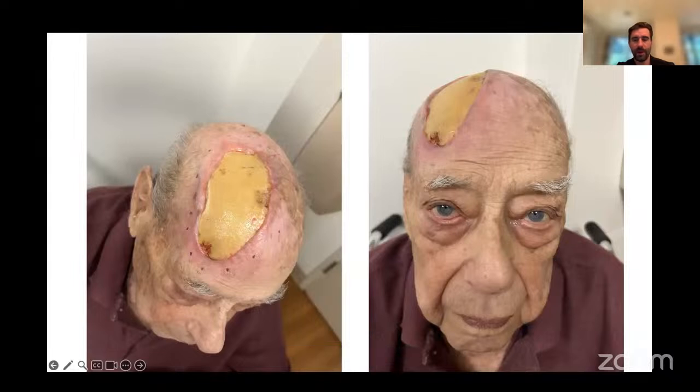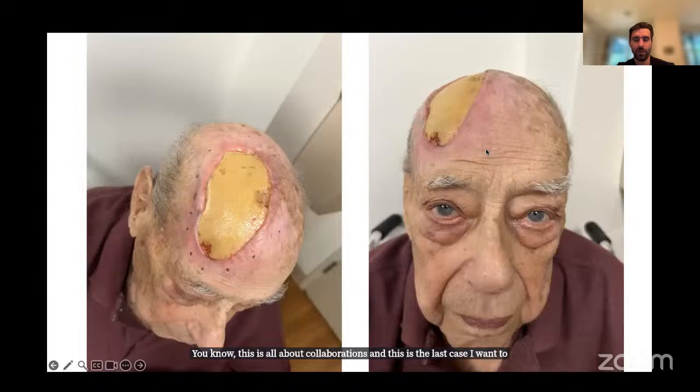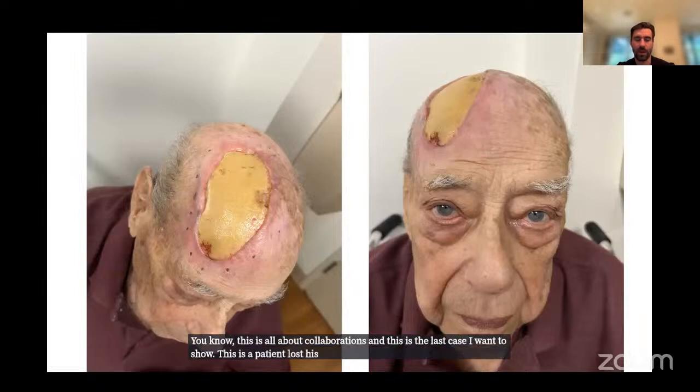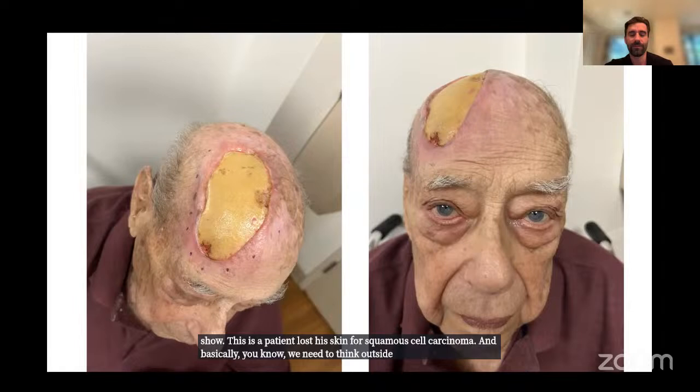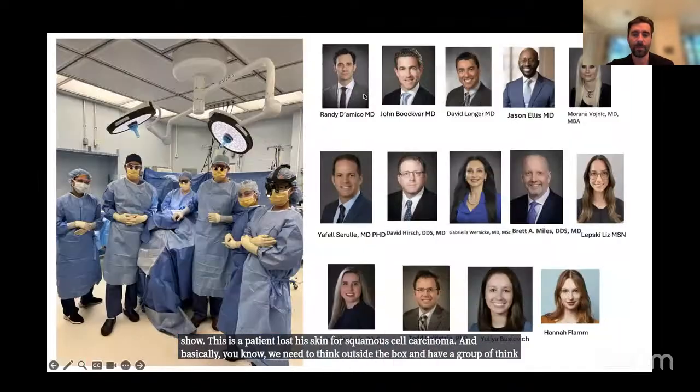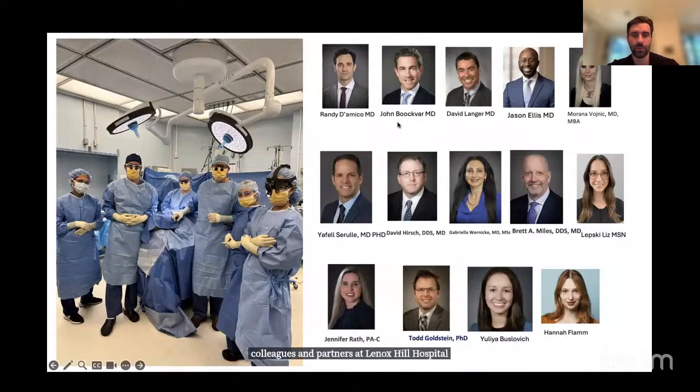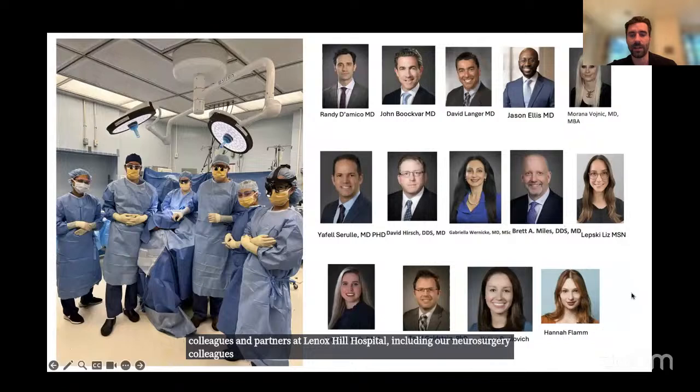This is all about collaborations, and this is the last case I want to show. This is the patient who lost his skin to squamous cell carcinoma. Basically, we need to think outside the box and have a group of thinkers and collaborators to help these patients. And I have to say thank you to all my colleagues and partners at Lenox Hill Hospital, including our neurosurgery colleagues, ENT colleagues, head and neck,